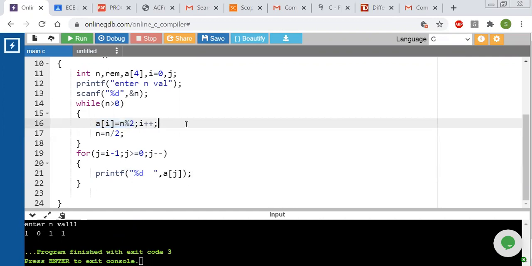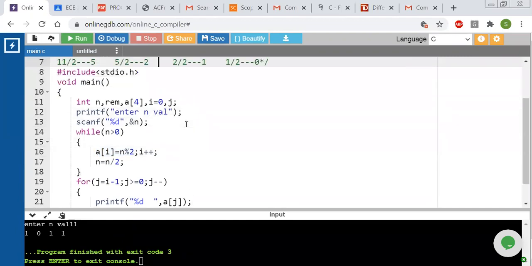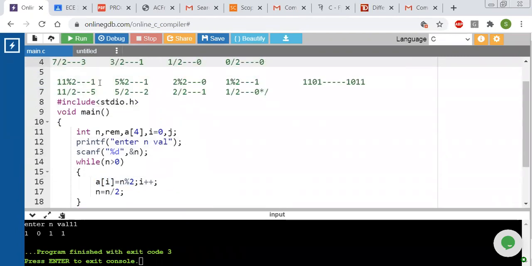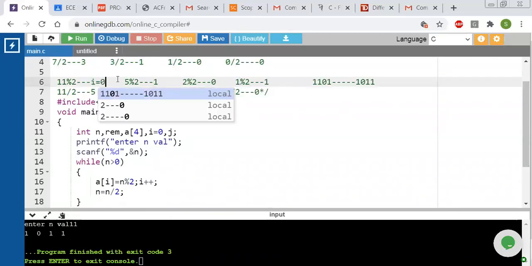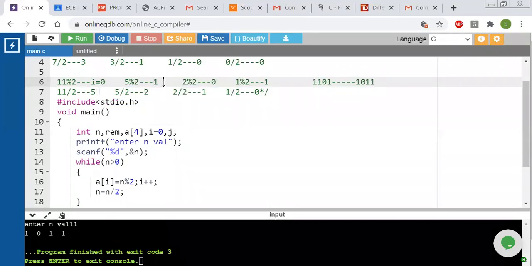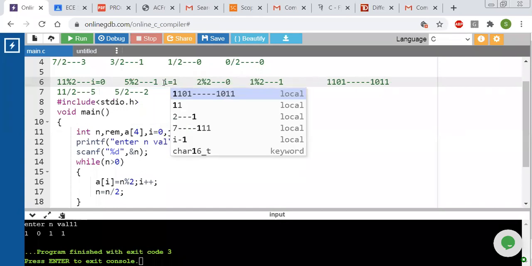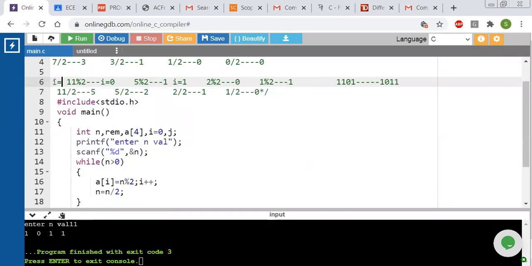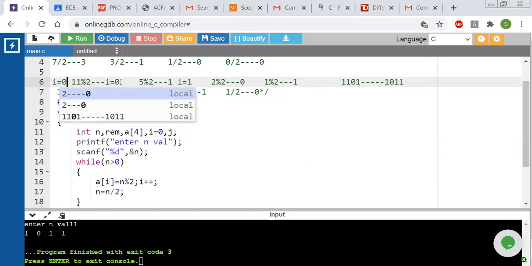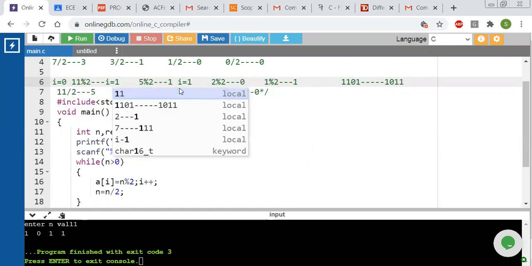Initially after storing in a of 0 this remainder 1, I is equal to 0. After performing this operation and I plus plus, I is 1.